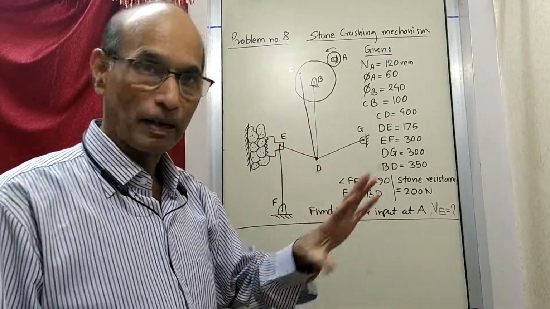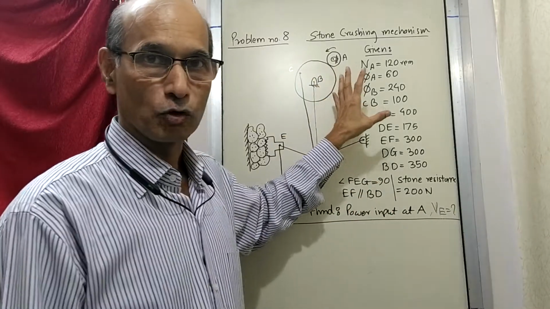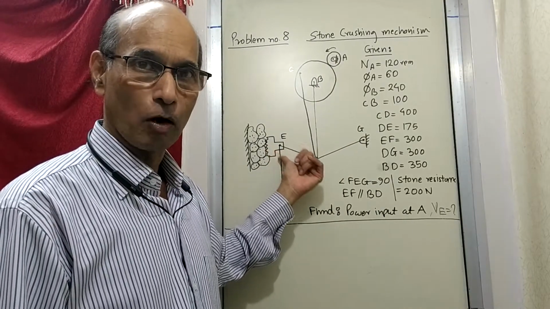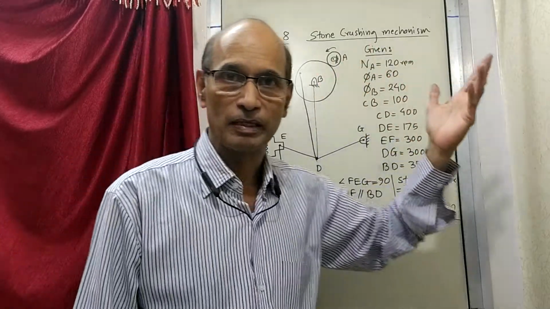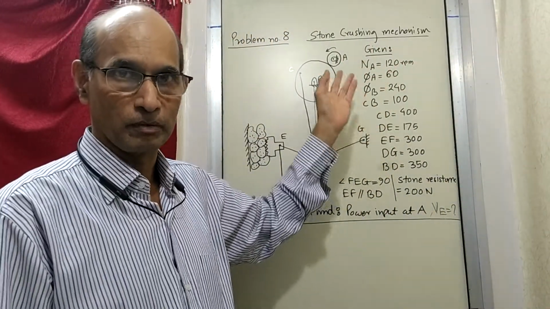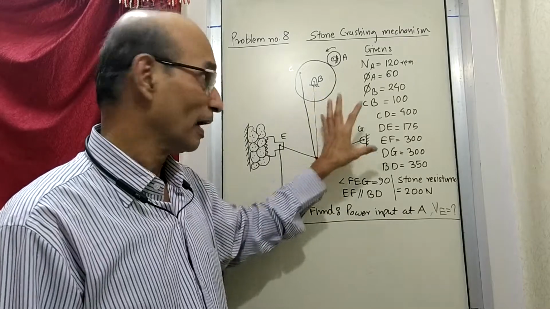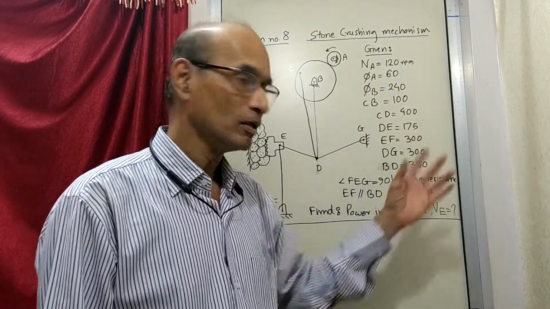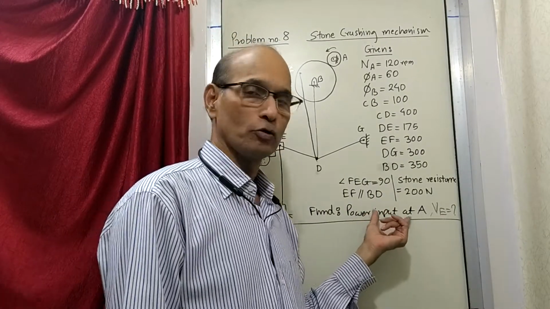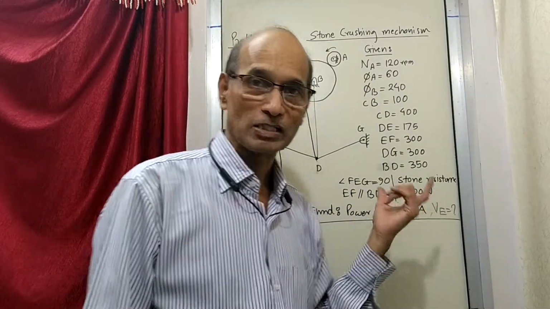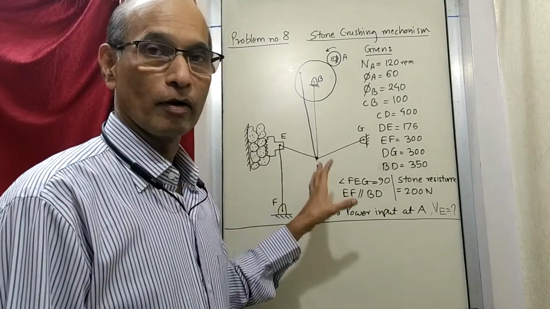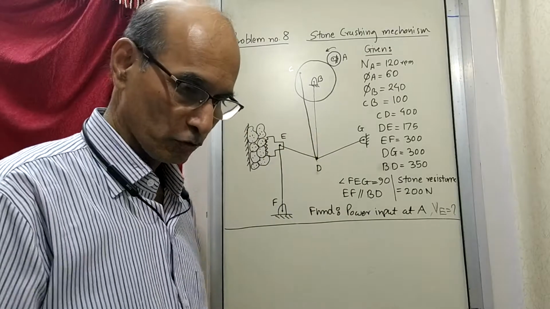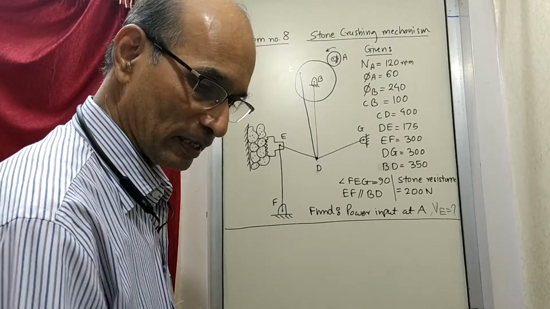But in actual practice, there are going to be losses. So you have to increase the power output required here by maybe 10, 15, 20% more to take care of the losses, and that will be your actual power input. But right now we are not considering any losses. So whatever power output you get is going to be the same as power input. When you start solving the problem, solving it is nothing but finding the velocity of E. Now let us see how we go further.